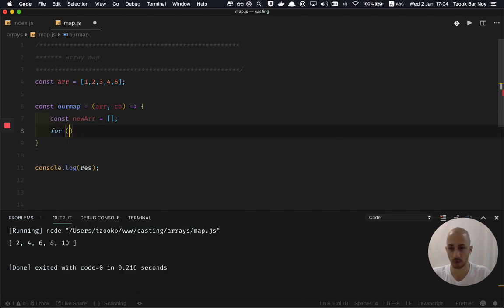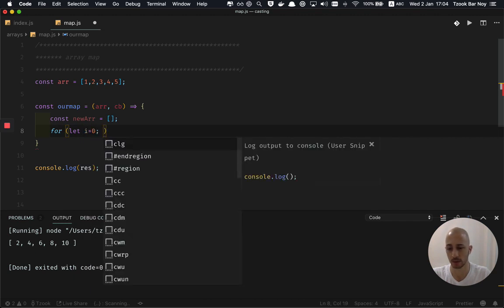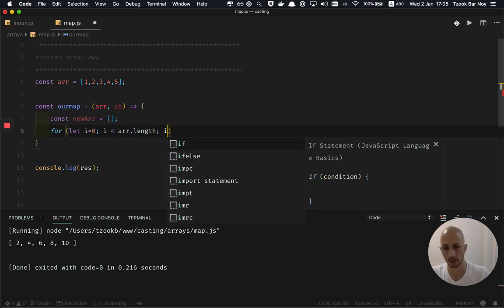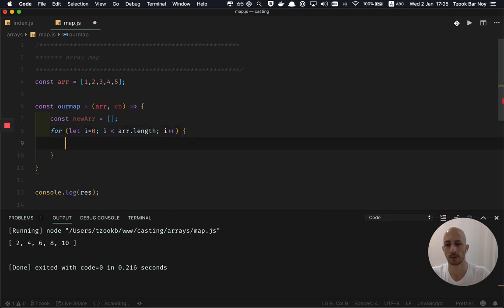So for let i equals 0, I'm just starting to look for the items in the array. So i smaller than arr.length, i plus plus,